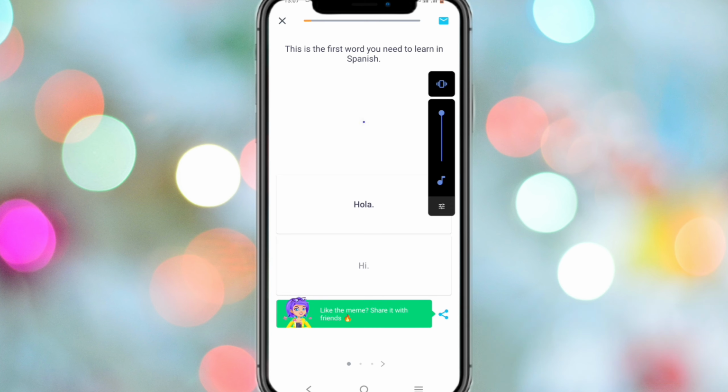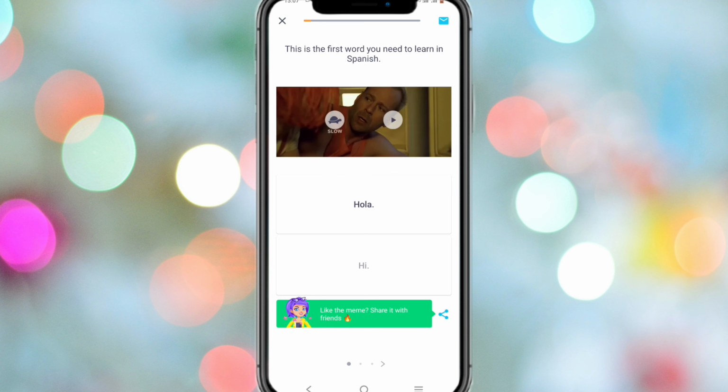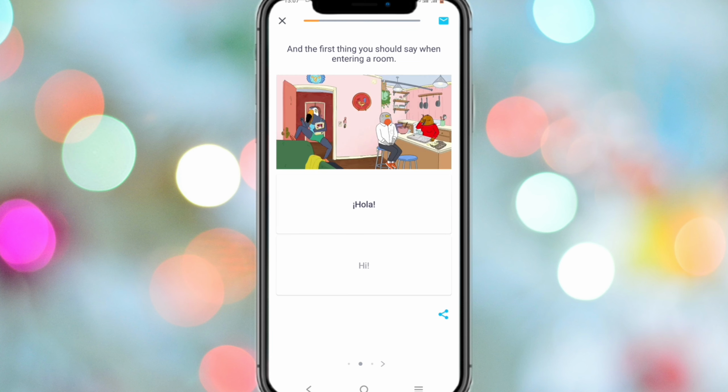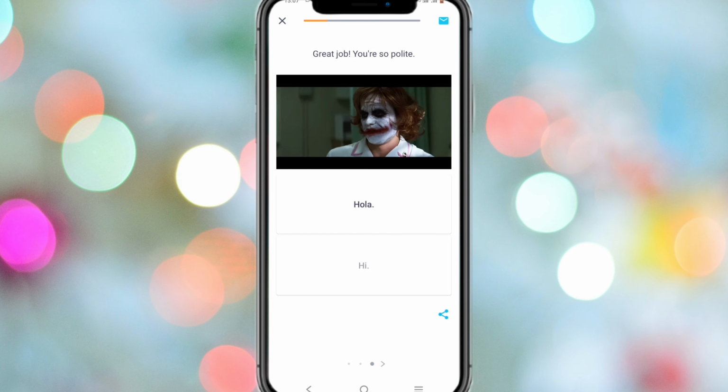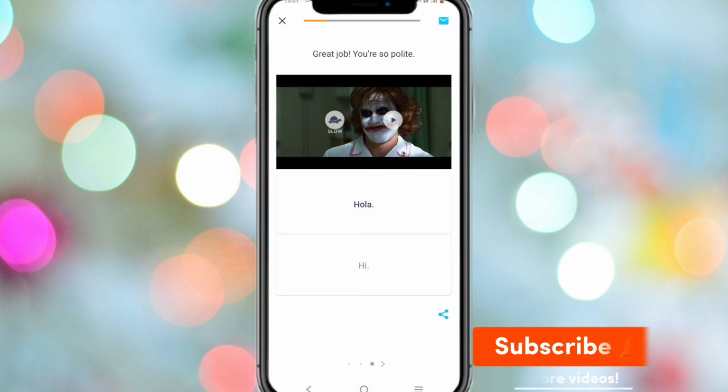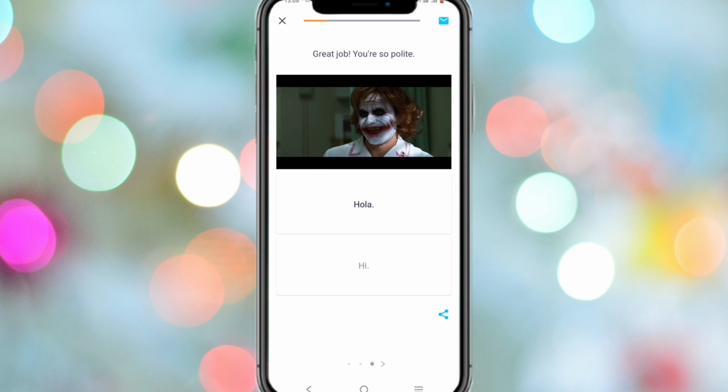You're going to see it is a hola, right? This is hola. Hola means hi in Spanish. If you want to listen slow, you can just click on this so you can listen slow, and you can go ahead to the next one. Hola, okay? Next, you can listen again with different pronunciation. So this is different pronunciation to understand all of that. If you want to click this, simply you can listen. I hope you understood all of them.